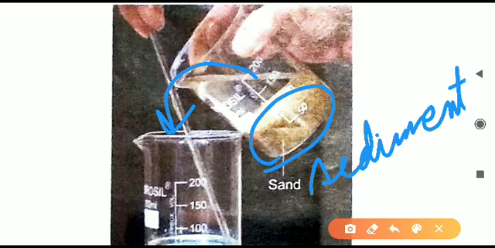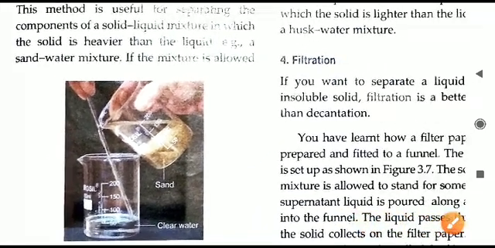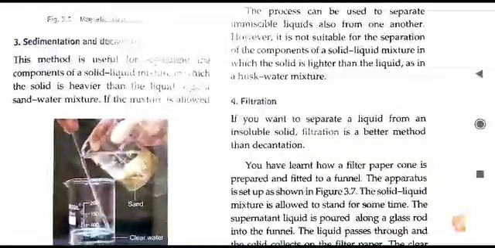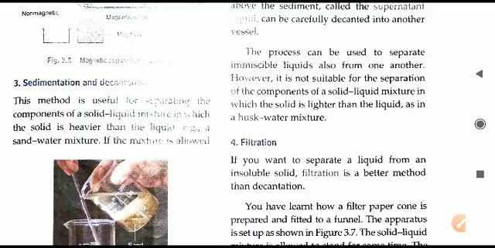First of all, sedimentation, we will form a sediment of the solid substance. It will collect down at the lower part of the beaker or any container where the mixture is. Then we will take that container and pour out the liquid outside. The solid will remain behind. So the liquid will collect in another jar, another beaker. The solid, that is sediment, will remain in that earlier container only. So this is sedimentation. So the reading part you can do. I hope I have explained all things.